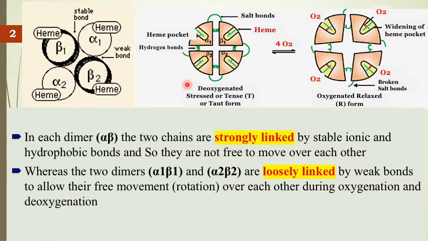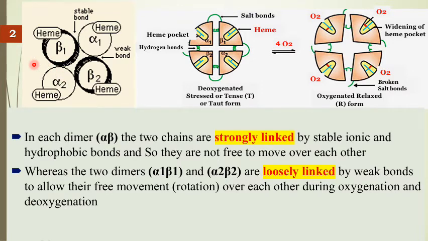I will repeat part of the previous lecture for those who did not attend it, okay? As we said last time, hemoglobin is formed of 4 polypeptide chains: 2 alpha chains, alpha 1 and alpha 2, and 2 beta chains, beta 1 and beta 2. Each polypeptide has a heme group. Of course, you will not understand this lecture unless you attended the first lecture of hemoglobin chemistry. Each polypeptide has 1 heme: this is another heme, a third heme, a fourth heme.